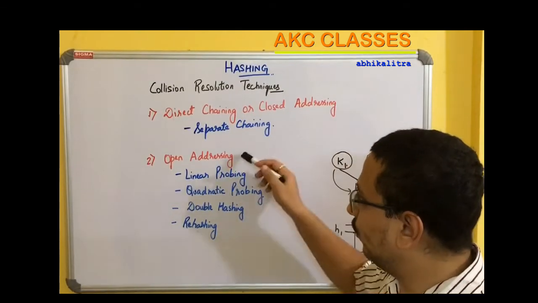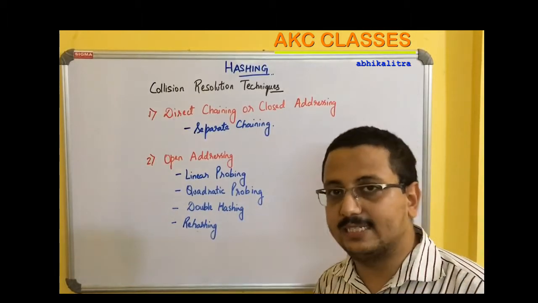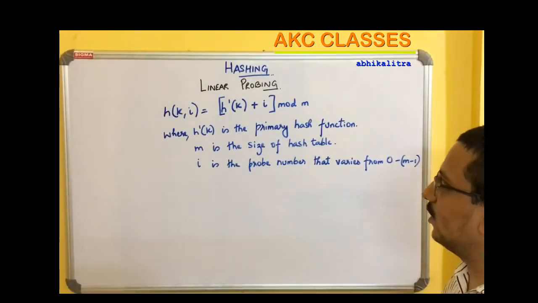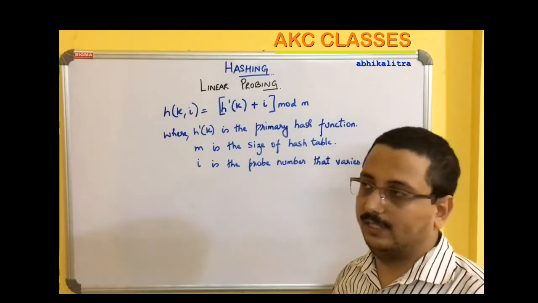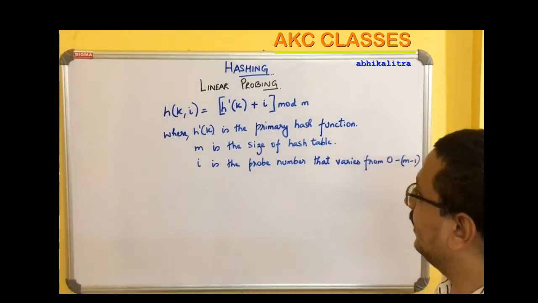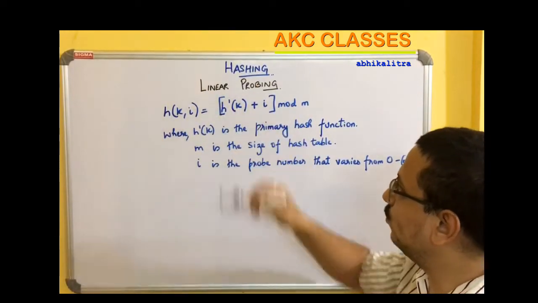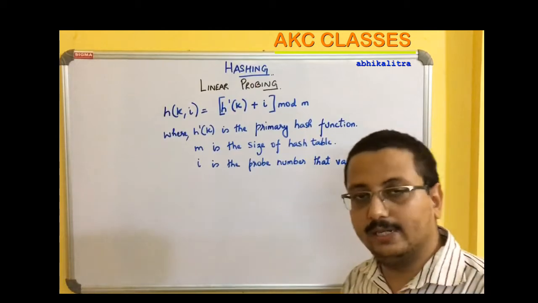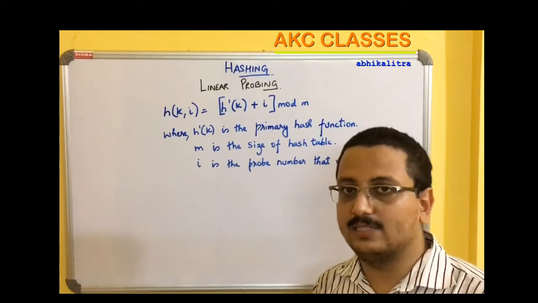So we will start with open addressing first and discuss each of them in detail with the help of an example. So now we are going to discuss the topic linear probing, which comes under the closed hashing technique, right? In the closed hashing technique, first we have to understand the meaning of these two words. Linear probing. Linear means which is sequential in nature, and probing means examining something.